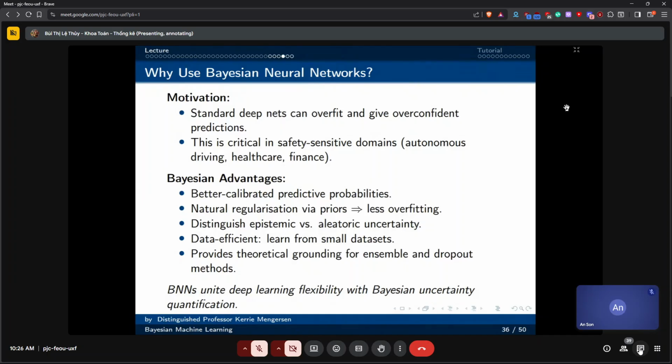And it distinguishes between the different types of uncertainty, the model-based uncertainty and the data uncertainty. It's data efficient. It can learn from small data sets because it has priors, and it provides a good theoretical grounding for ensemble methods, so combining different neural networks, or combining a neural network and a decision tree kind of thing. So Bayesian neural networks really combine deep learning flexibility and Bayesian uncertainty quantification.